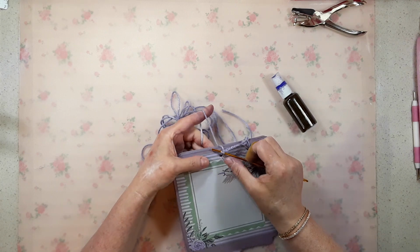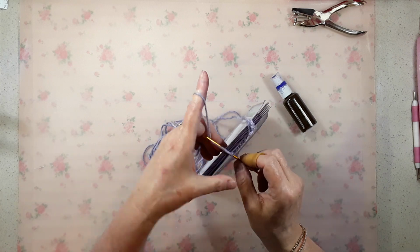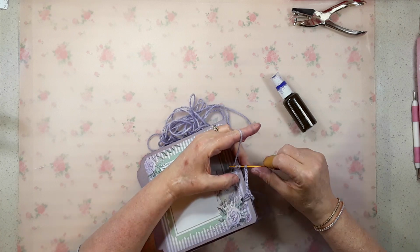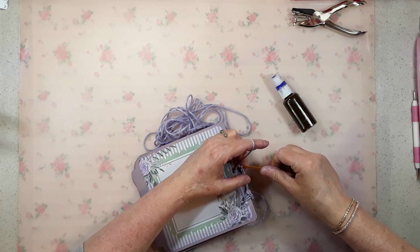So what I'm doing is I'm sticking it through. I'm sticking my needle through. Okay, I'm pulling it. Okay, I'm wrapping it, and I'm pulling it through both loops. Okay,